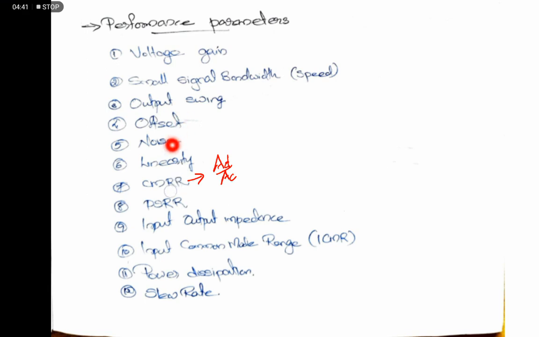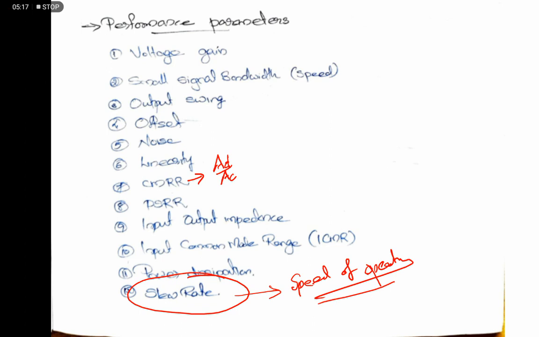And another thing is the offset present in the output, or offset present in the input, offset required at the input side. Output swing is one of the parameters, what range of output we can produce, and the noise performance, and input impedance and output impedance. And next, the power dissipation for any analog circuits. One of the parameters is power dissipation, and the most important parameter is slew rate. It indicates the speed of operation, as well as how fast it can respond to the input